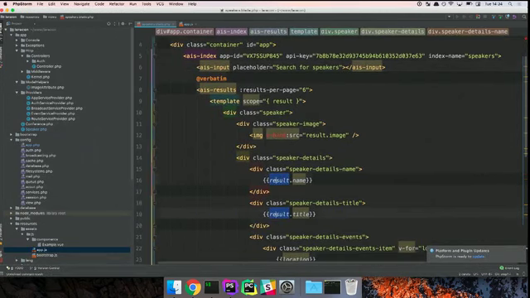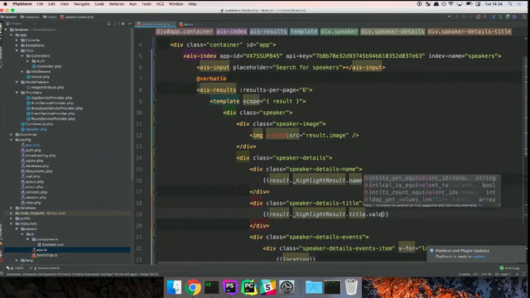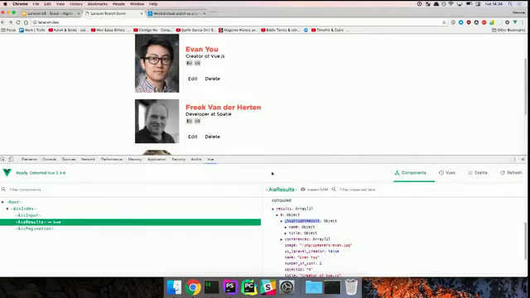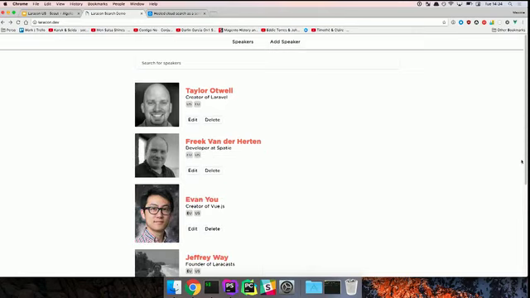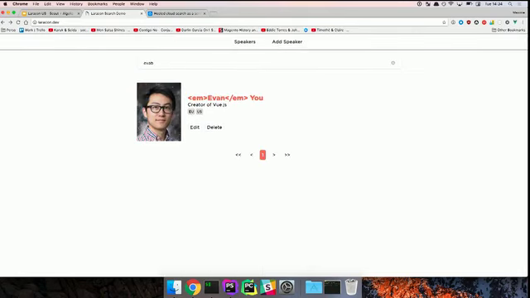So just for the name and title, dot, and it's inside the value. When I refresh, and I type Evan again, I have the highlighting. It's not yet perfect because Vue is escaping the content by default. So we want to tell Vue not to escape this.